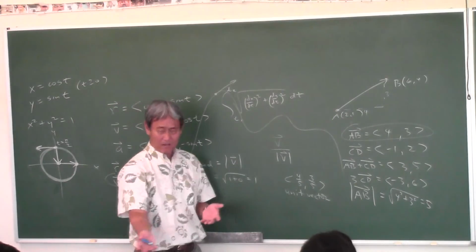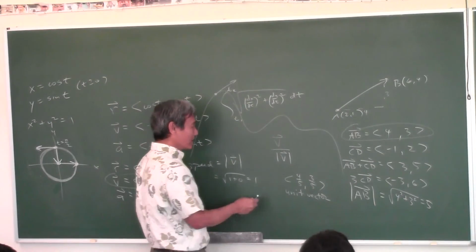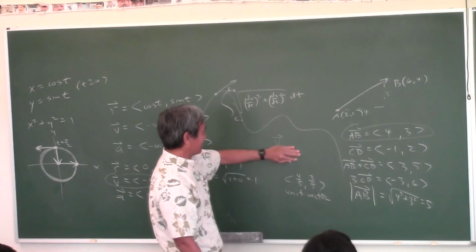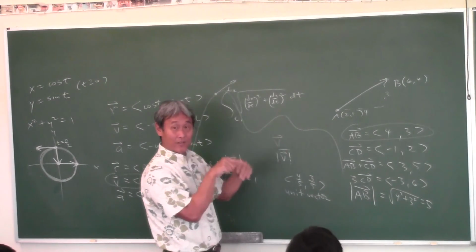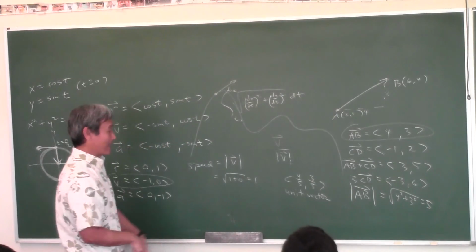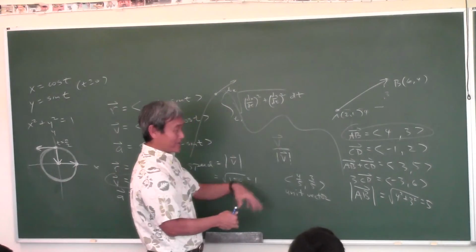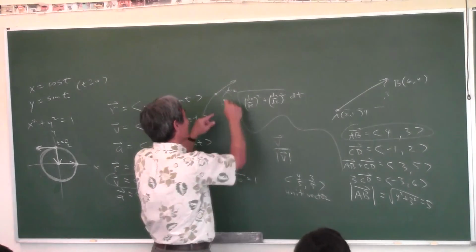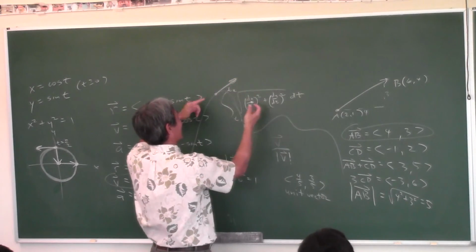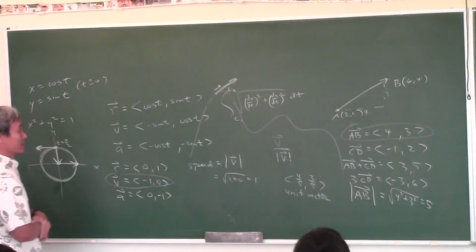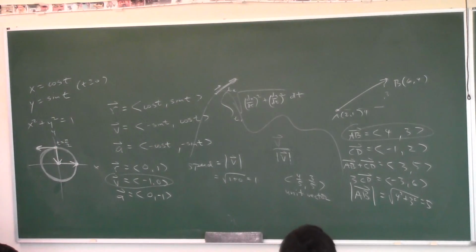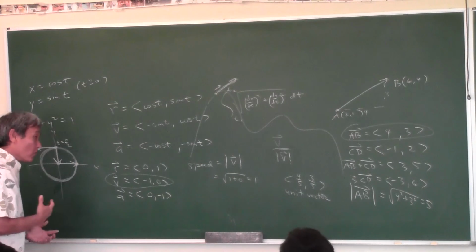So the direction, they call it the direction of motion. I don't think you need that, you just need this. The direction of motion is in the direction of the velocity vector. That's what you gotta know. Except when you divide it by the length of the vector, you basically get a vector of length 1. But who cares if it has a length of 5 or a length of 1? It's still pointing in that direction. Nobody cares. Well, they might ask, you don't know what they're gonna ask you on the